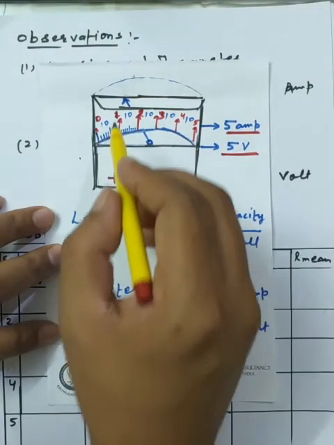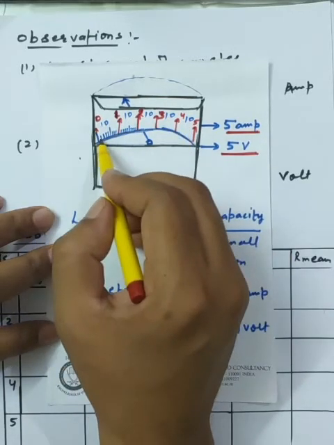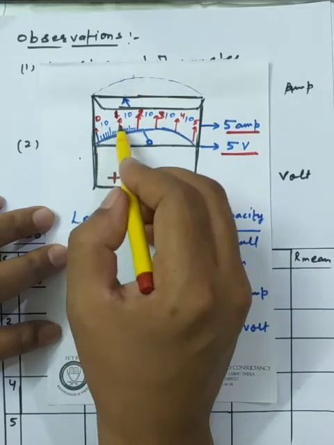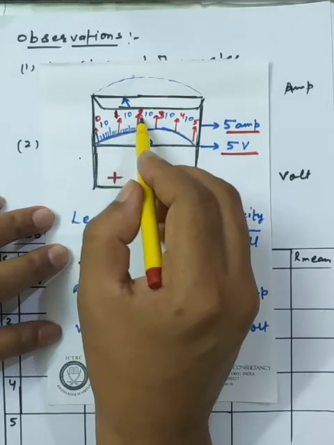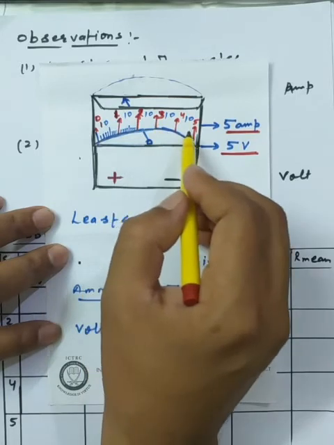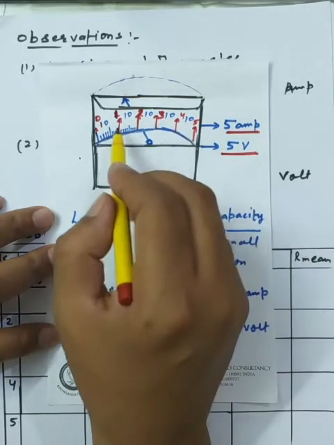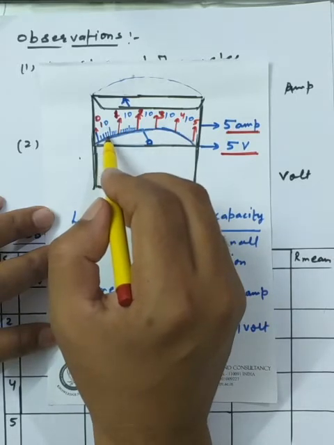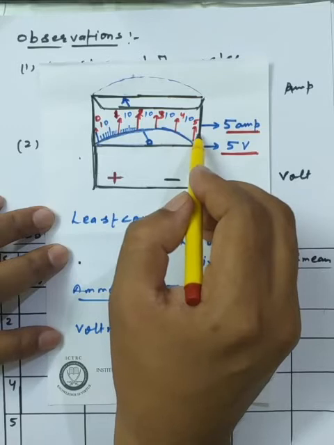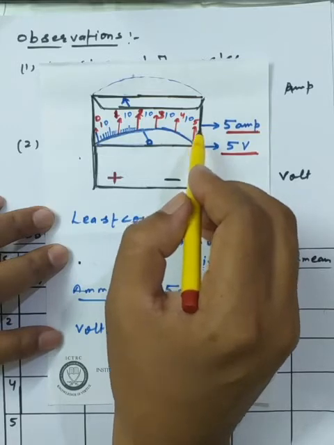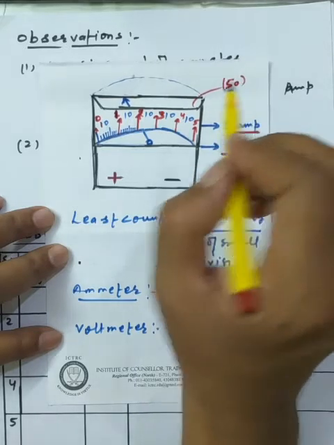And here I have mentioned the number of small divisions. What are they? In the section from 0 to 1 we have 10 divisions. Sections 1 to 2, 2 to 3, all the parts have the same number of divisions. So if there are 5 major divisions and each major division has 10 small divisions, then the total divisions in the 5 major divisions are 50. So this is the estimated number of small divisions we have.